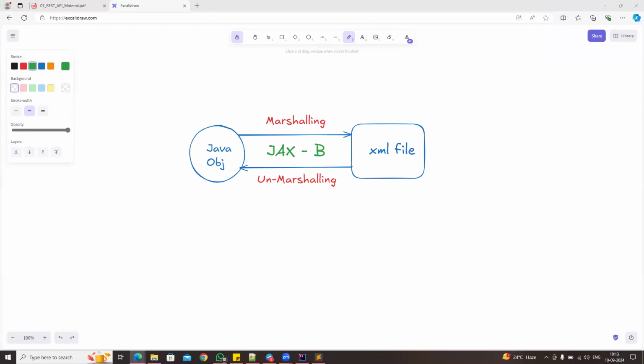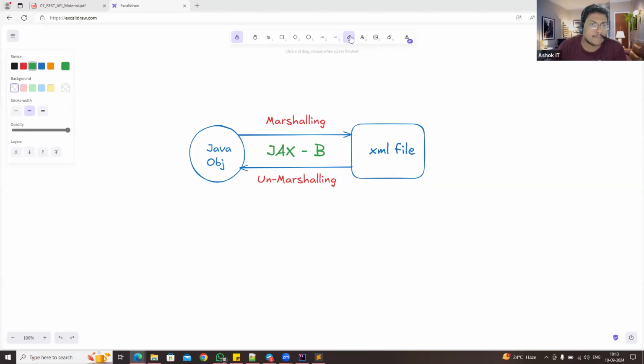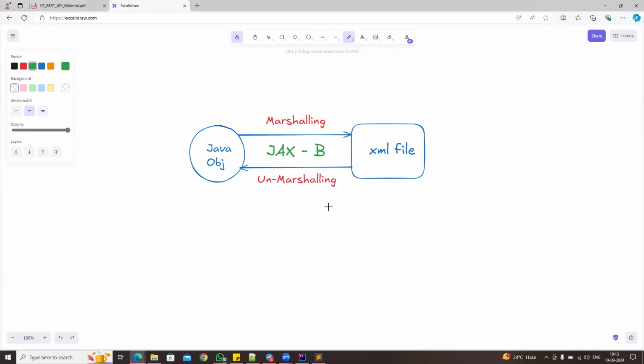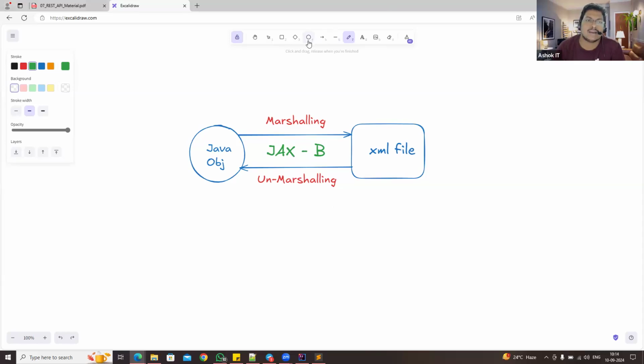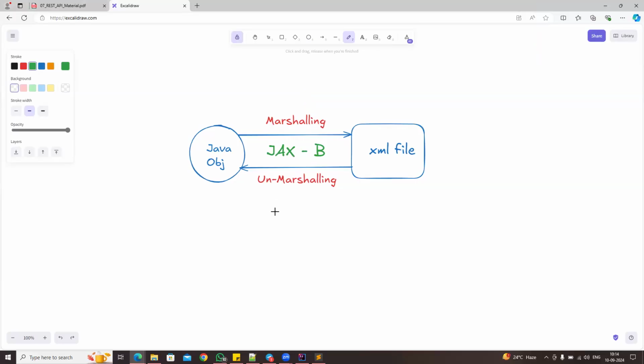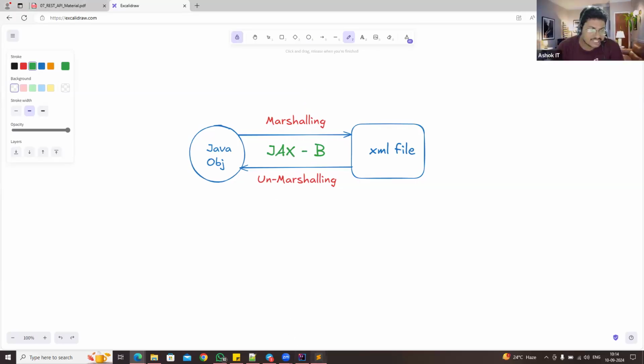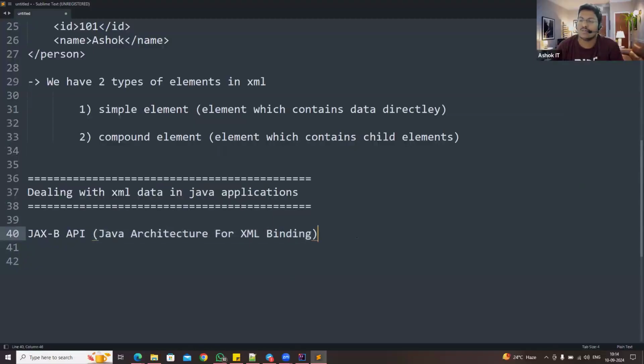By using this JAX-B, we can perform marshalling and unmarshalling. What is the difference between marshalling and unmarshalling? The process of converting Java object to XML is called marshalling. The process of converting XML back to Java is called unmarshalling. But this JAX-B API is removed from